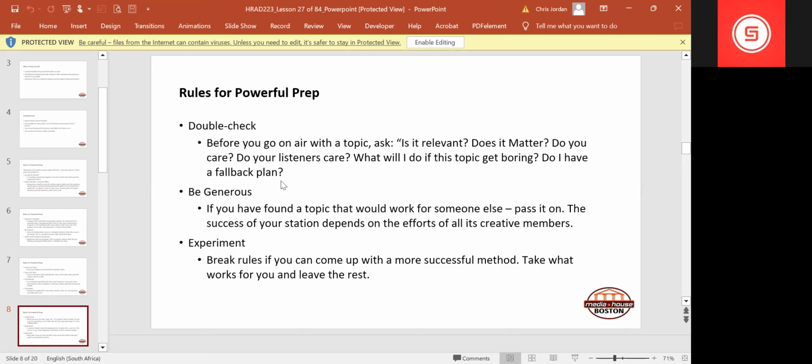Okay. So break rules. If you can come up with a more successful method, we are teaching you radio basics. So not basics, fundamentals, right? The foundation of radio. You may go ahead and push what you want to and how you want to do it when you master the fundamentals, right? We want interesting radio.